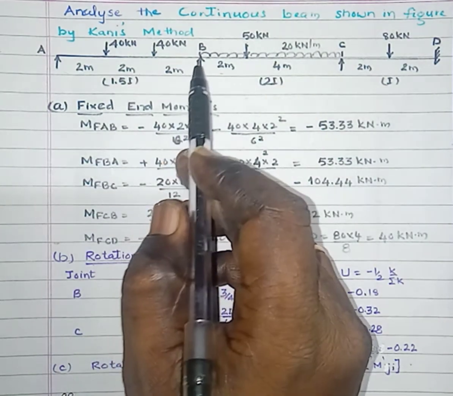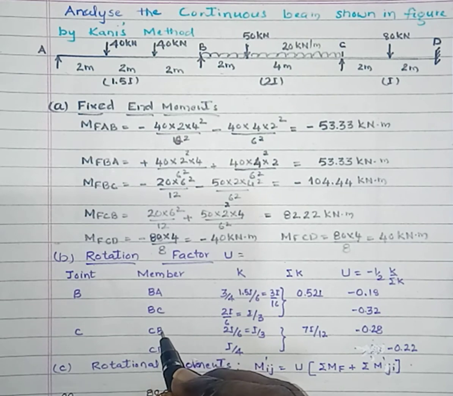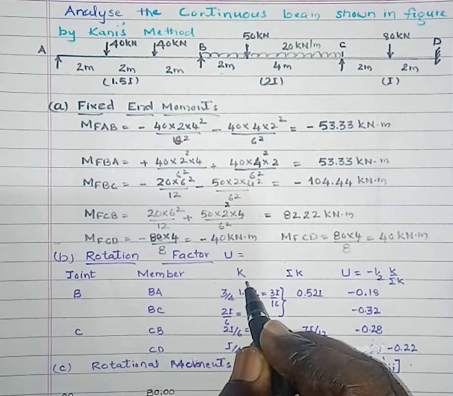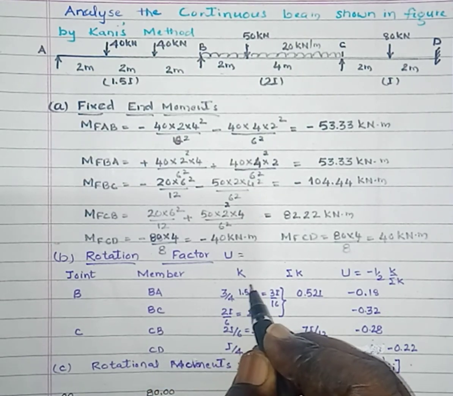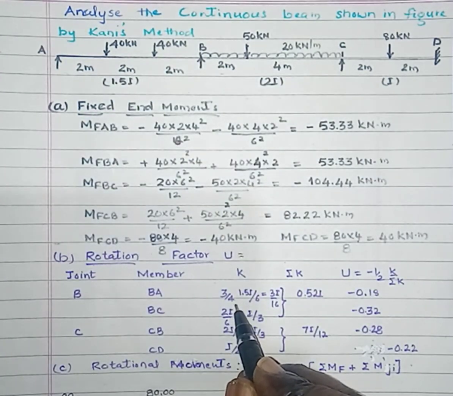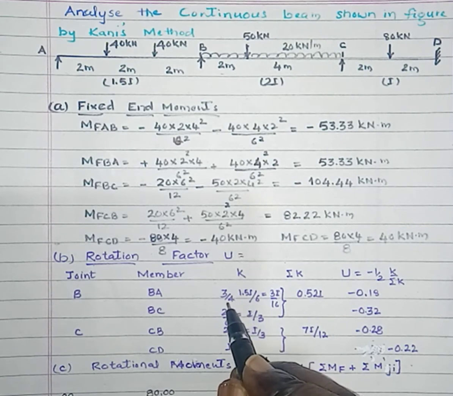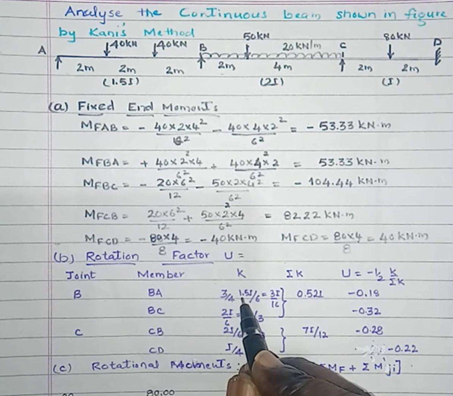Here at joint B, two members are connected, BA and BC. With respect to B, A is not continuous, hence we have to reduce the stiffness value by 3/4, as it is on a simple support, therefore K equals 3/4 of moment of inertia